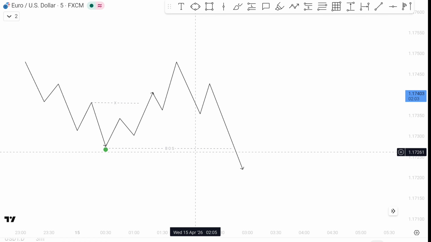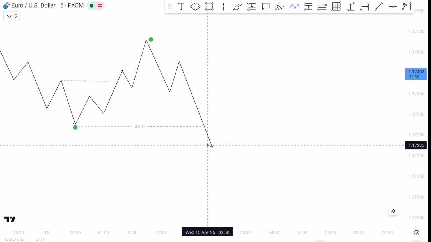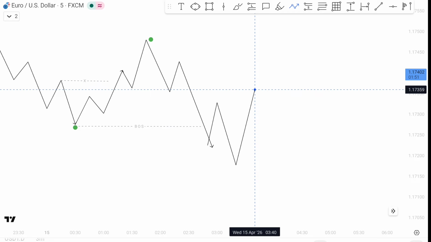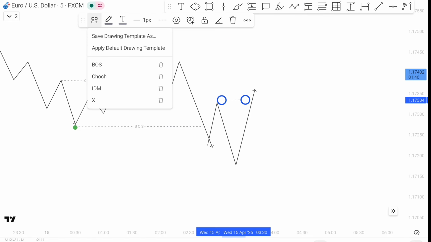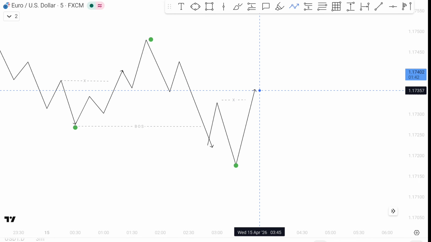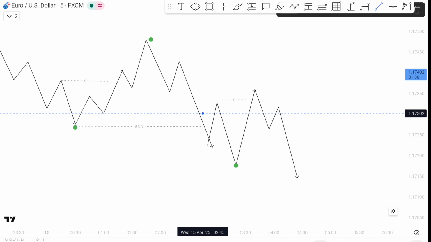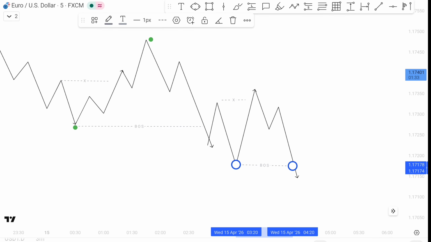After the break of structure and the previous lower low, the highest point is your new lower high, which is at this point. In this way you can mark the structure if the market is moving to the downside. The market can move to the upside, take out the liquidity of at least the first pullback, which is at this point, and when the market takes out this liquidity, this becomes your new lower low. The market can even move to the downside, create the break of structure at this point, then your new lower high becomes this point.